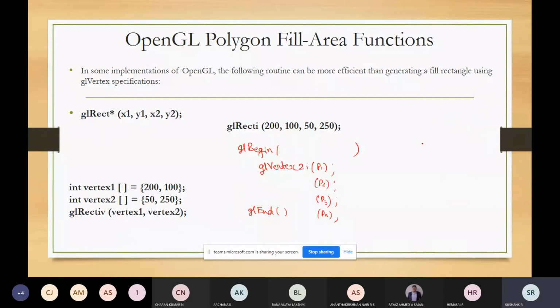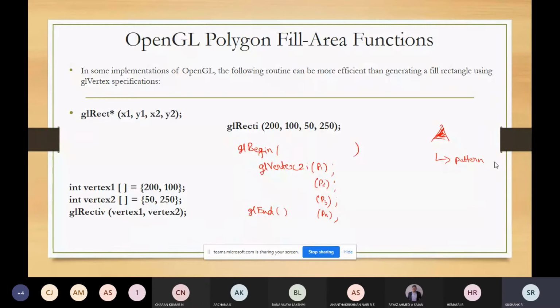By default, the color will be solid. The polygon interior will be a solid color, which is set by the color settings. Whatever the current color setting is, that will be set. So it will be solid by default. You can change that to have some pattern.